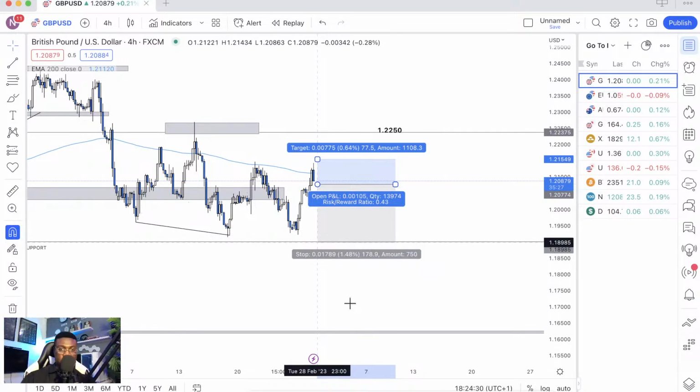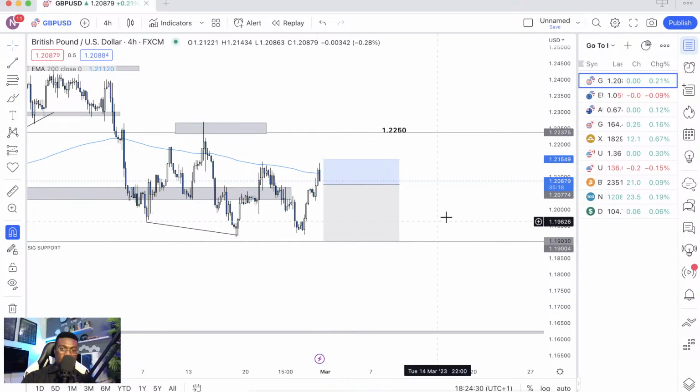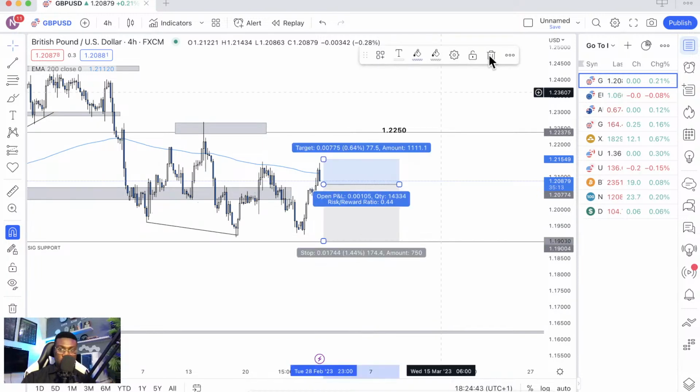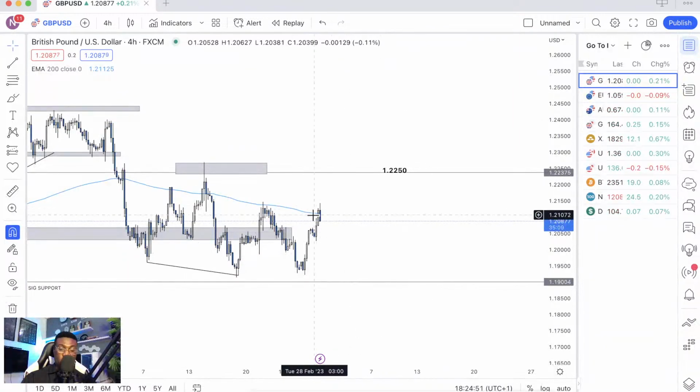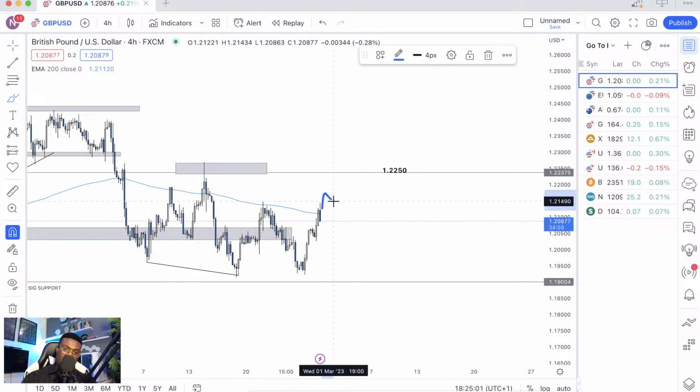Right, I'm still bearish on pound dollar, and I can only look for alternate opportunities, and by alternate opportunities I'm talking about bullish or buy opportunities. I can only look for that if we get a sustained break above this 200 period moving average, and obviously when it does that, it's going to rally to the upside, and then we break out of here. So if we do that,